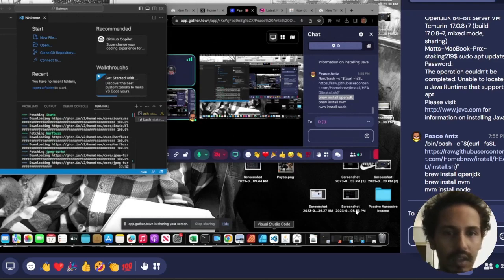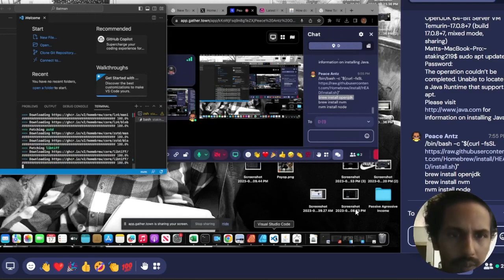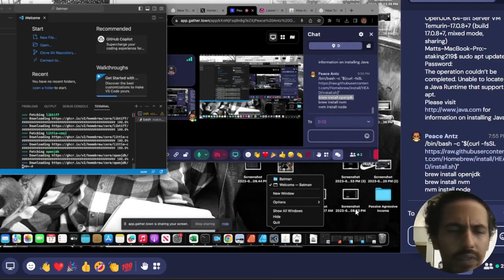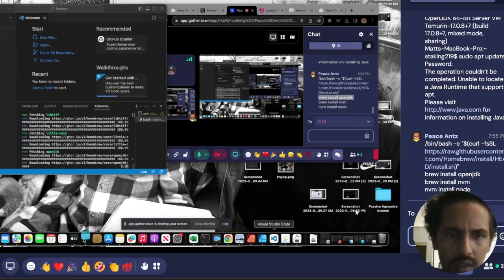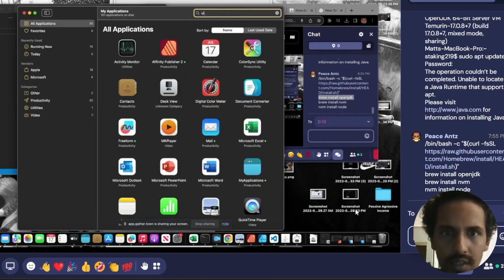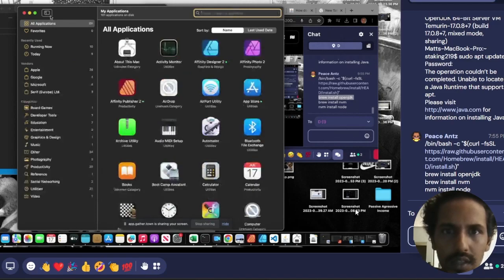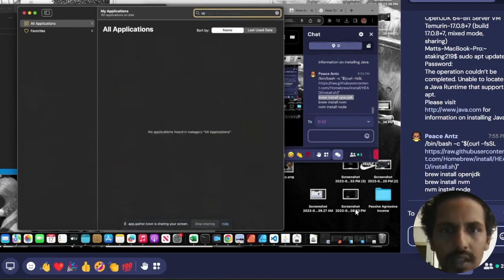So how do I get this Visual Studio Code? Is this an app? Yeah, it's an app program. I don't know if it's on your phone per se. Well, I'm wondering how I can get it. It doesn't show up in my applications. Oh, VS. Just do VS. No? Try Visual.